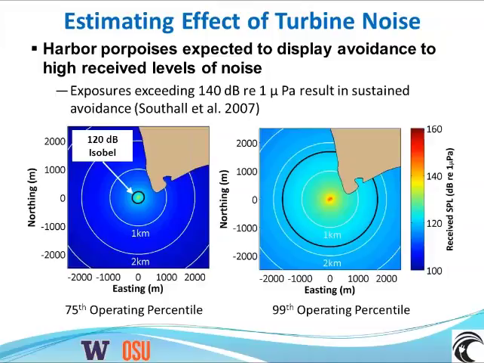And you can see there that the noise levels in the 75th percentile are actually still relatively low. In general, we see some excursions up to 140 dB right around the turbines, but that kind of zone of potential responsiveness is actually relatively small. If we move all the way up to the 99th operating percentile, then the noise from the turbines certainly does look a bit louder, and the black line there is denoting the 120 dB isobel. That's the current threshold for harassment of marine mammals. So there's some indication that maybe when the turbines are operating at very high power output, there might be some sort of disturbance here.